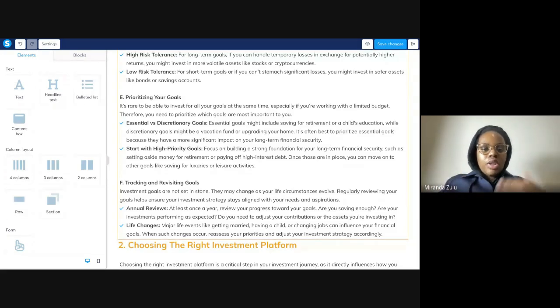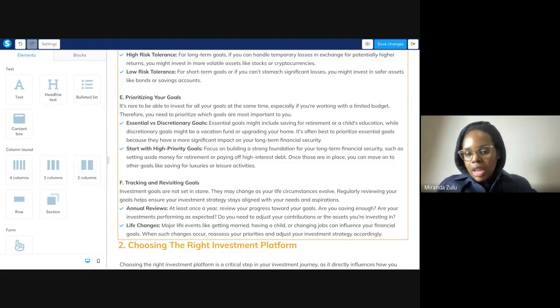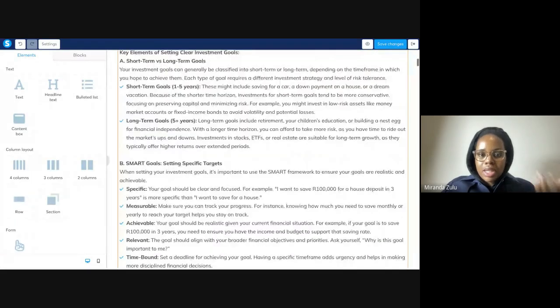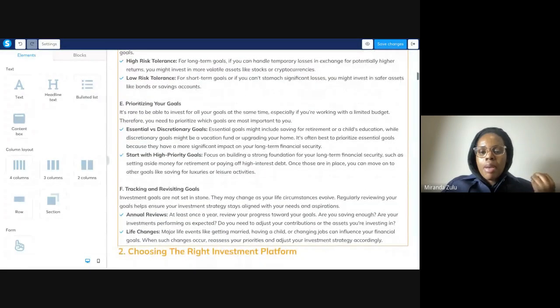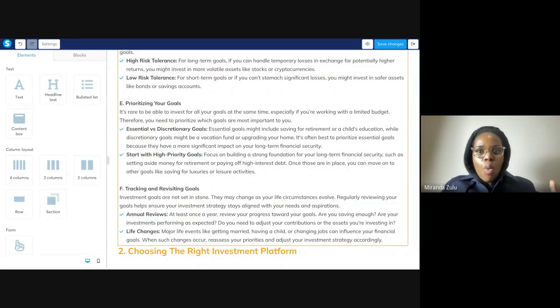Otherwise, focusing on investing, or trying to do all three at the same time, you can feel overwhelmed and feel like you just don't have enough for yourself at the end of the day, right? And so that's why it's important to go through the steps of setting your goals and being clear of what is important and what priority you are going to be following. And so that's why I always say: budget, pay off high interest debt or get out of debt, save, have some savings put away, then invest.